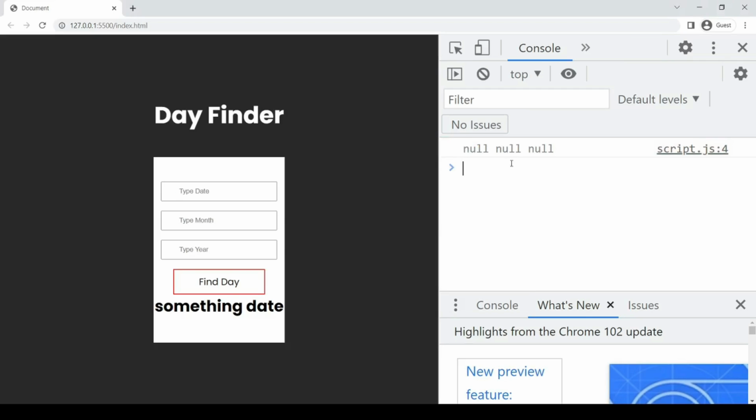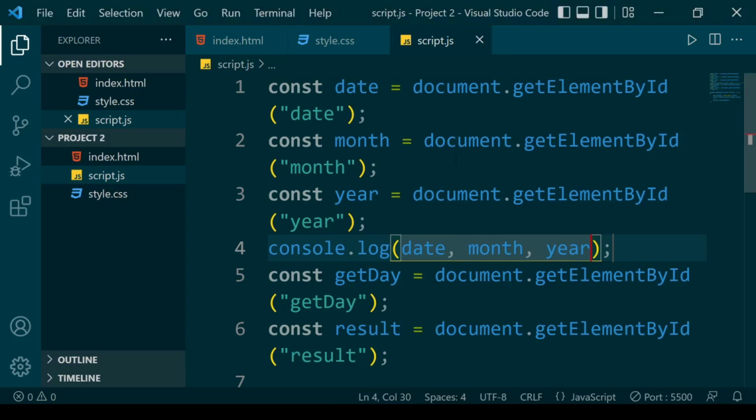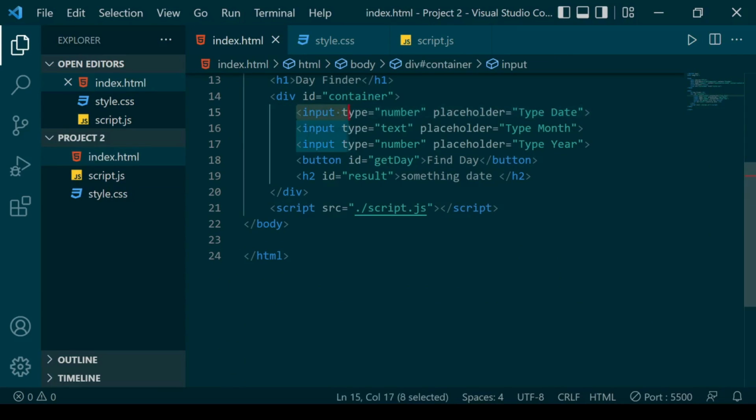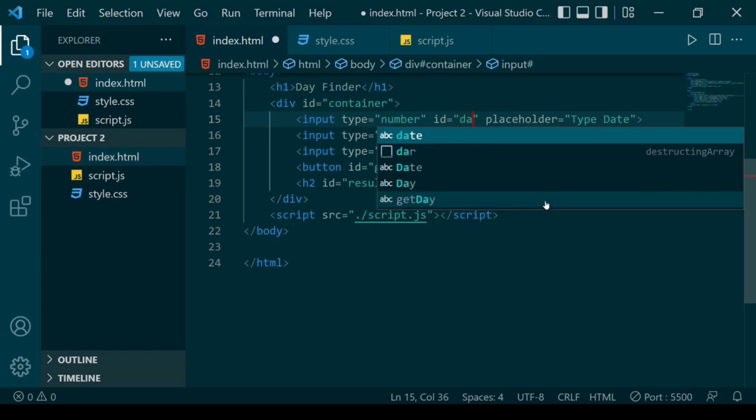Now if I go back into my browser, you can see that we are getting null. And why are we getting null? I think I had typed document.getElementById date. Let's check. As you can see, in the inputs we had not given any id attribute, so we have to give the id attribute as well. The first input is date. We are getting the date from the user, so I will give the first input id date,